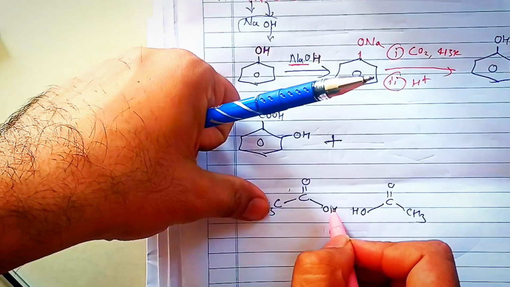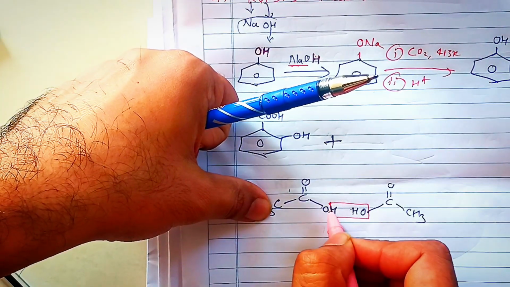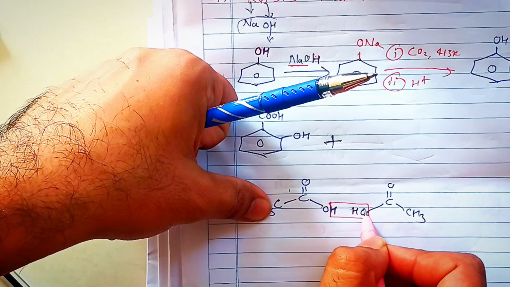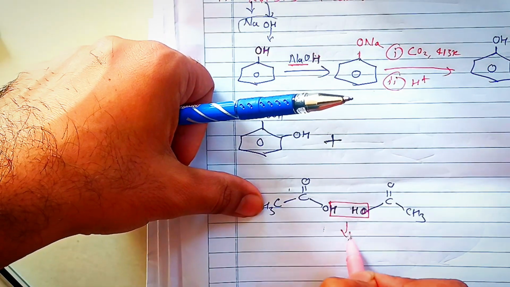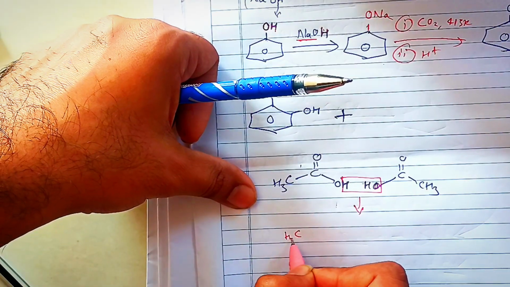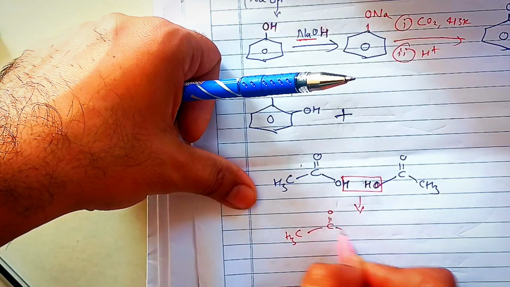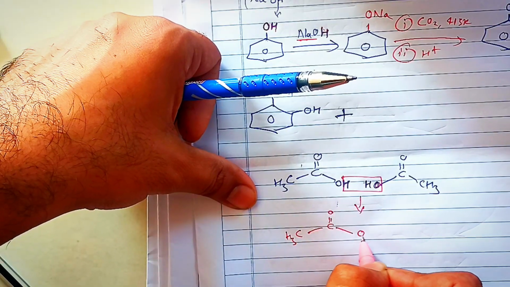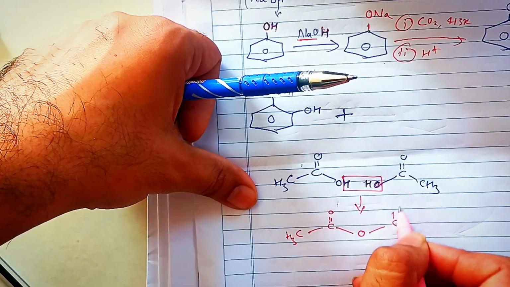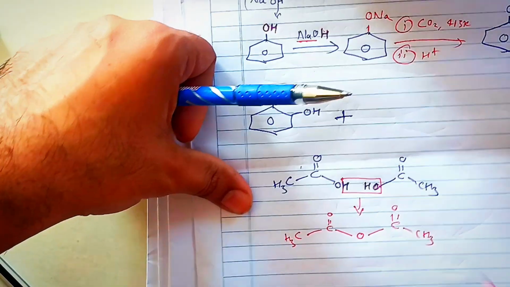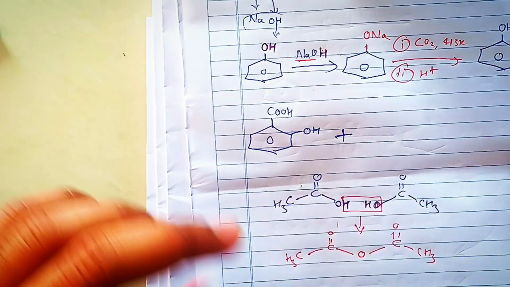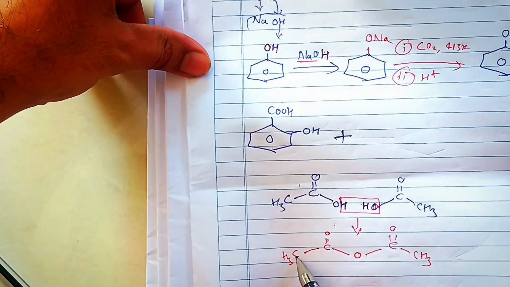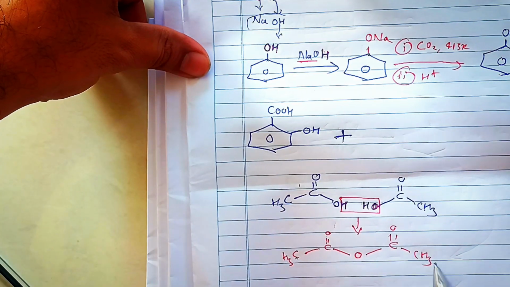Just we have to remove water from this, HO. Then we will get the CH3, C double bond O. This O can be written here, and this C double bond O, CH3. So this can be right here, means there will be CH3, C double bond O, O, C double bond O, CH3,